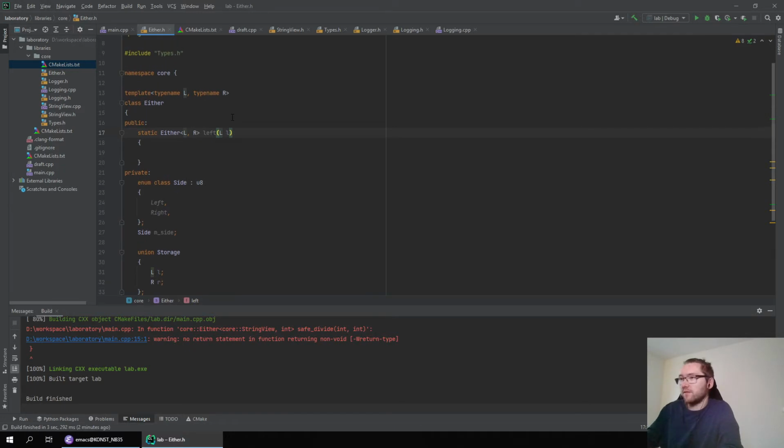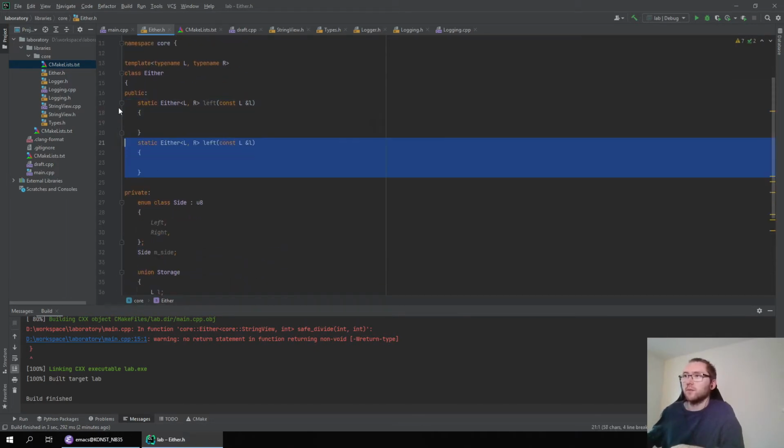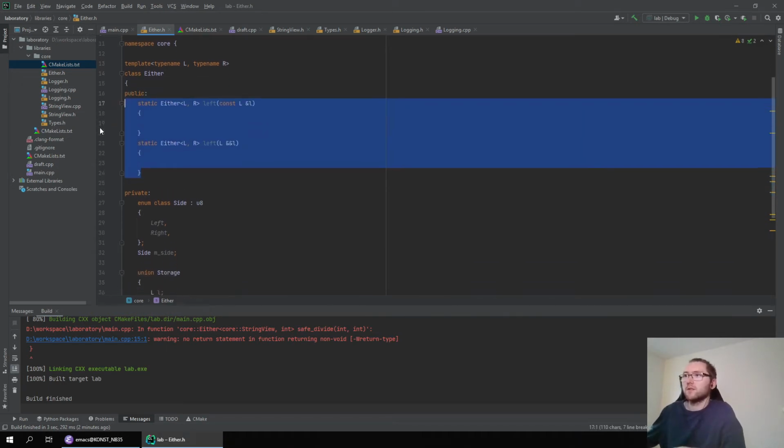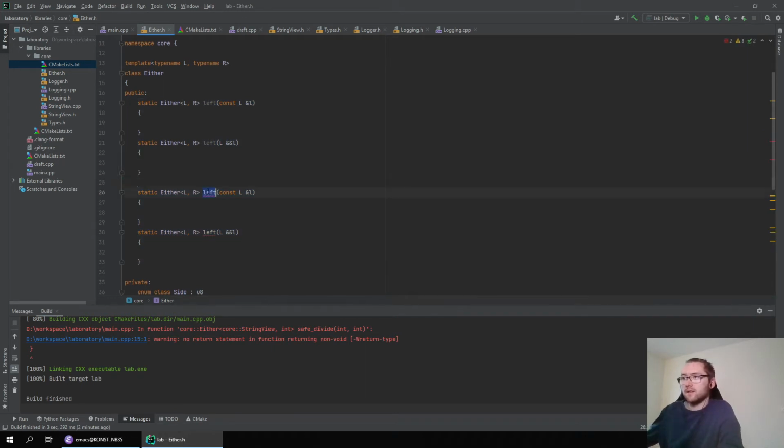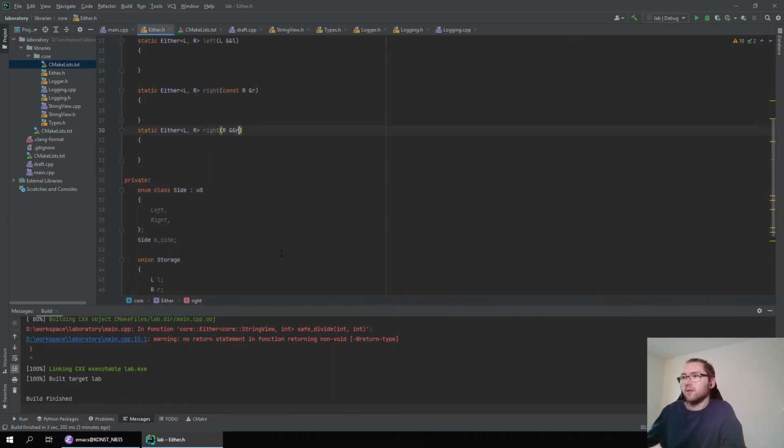So I would like to have a way to basically copy the value, and one method which allows you to move the value. So I would like to have those functions. Also, I would like to create an error in the same way. So in this case, I take in the R. In this case, I'm also moving in the R. So I would like to have those overloads.